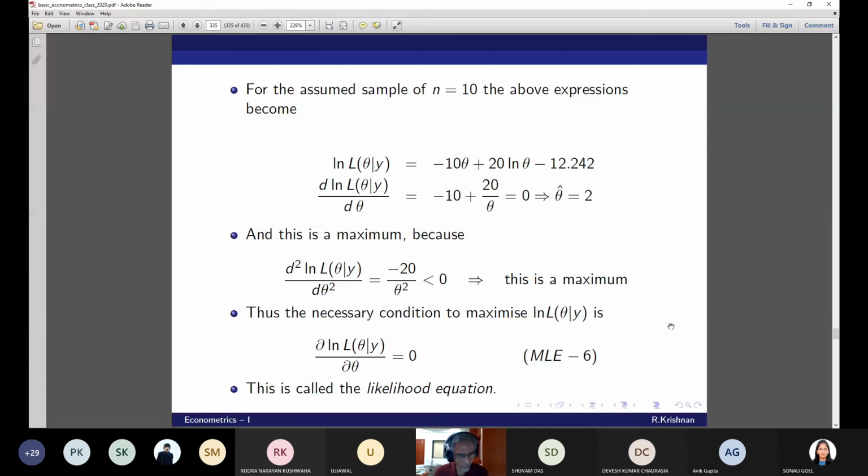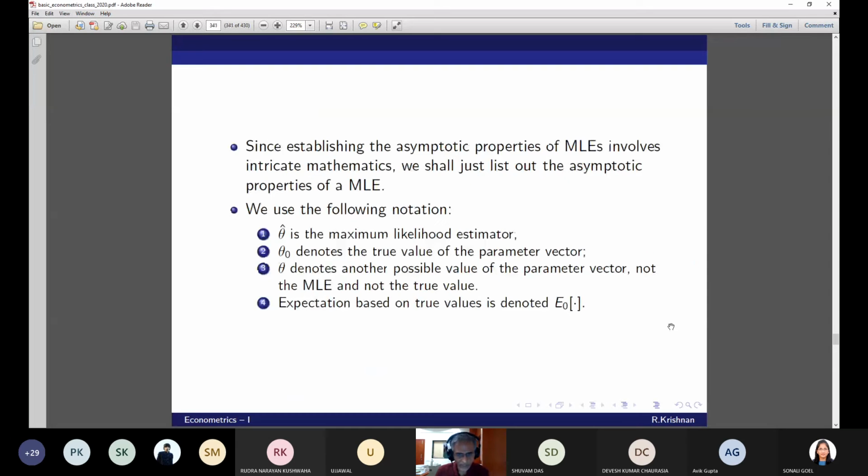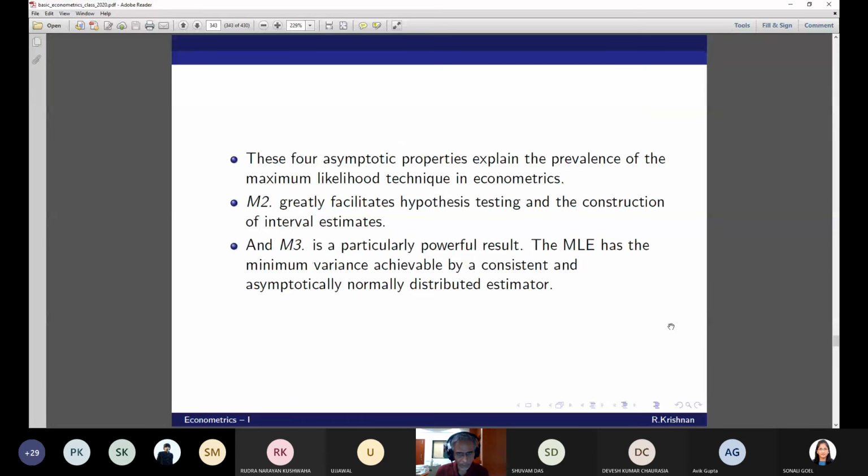Costly computing is no more an excuse not to go for MLE. This is exactly the reason why I'm saying